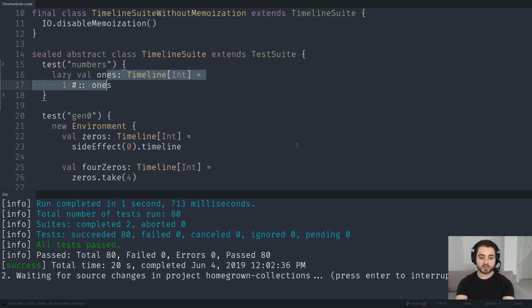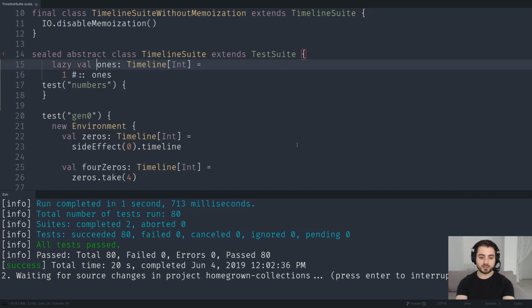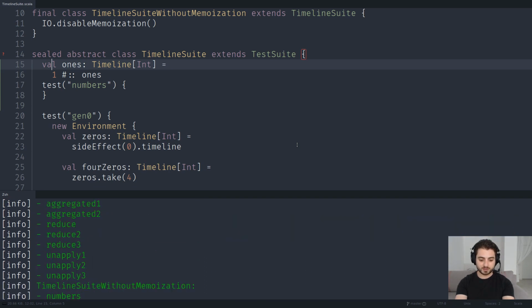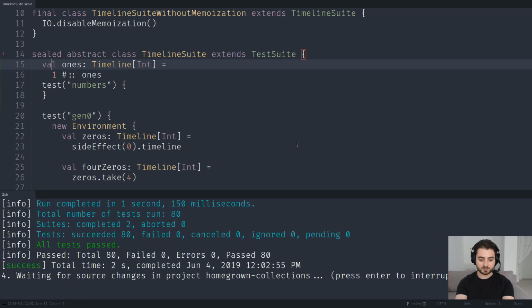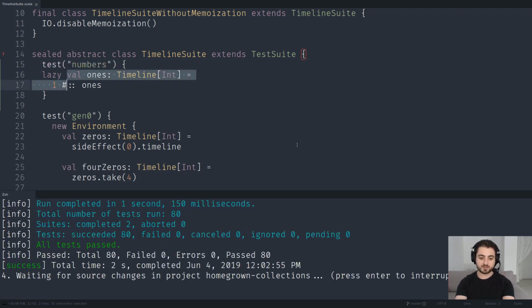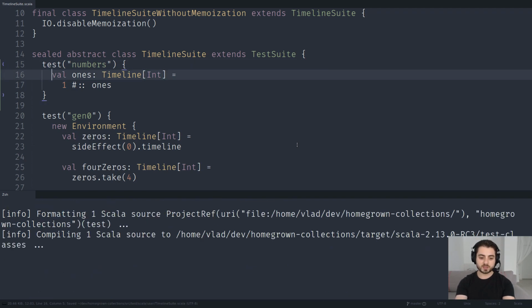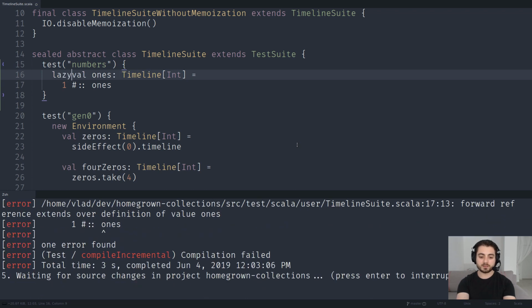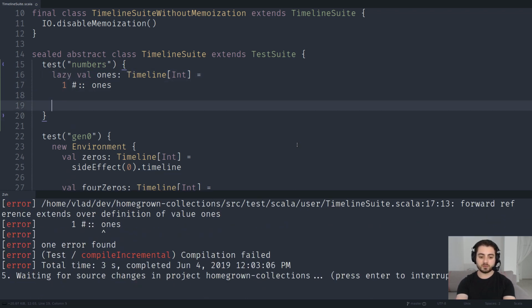I wanted to show you that if we go up like this, then all of a sudden it doesn't need to be a lazy val like that. Okay, so hopefully it's gonna be faster now to compile everything. Done compiling. Okay, that was a bit faster than before. All right, so as you can see, it doesn't need to be a lazy val. It only needs to be a lazy val because we're inside of this. So if I remove this lazy, it's not going to compile. There we go. All right, so let's have it as a lazy val,